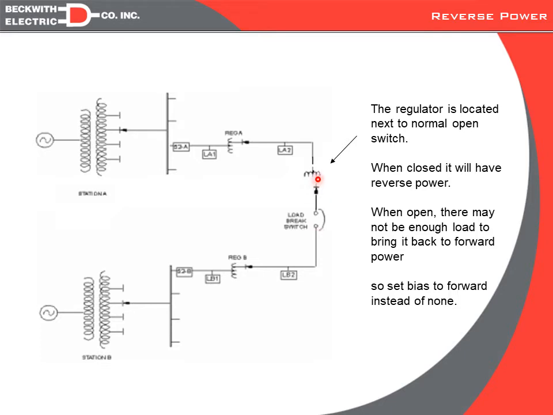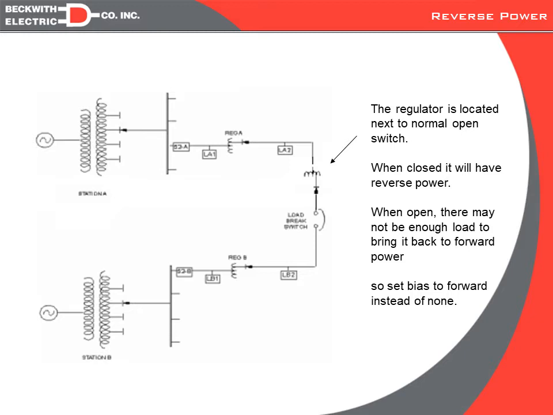But when we're restoring and we close this breaker back and then open the switch up again, we're back to having no current in the forward direction, and therefore if we were to use our normal setting of none, this regulator would be stuck in the reverse condition even though it was now in forward power mode again. And if this voltage were to get out of band, since it's in the reverse power mode, even though it's forward, it will have a runaway condition,